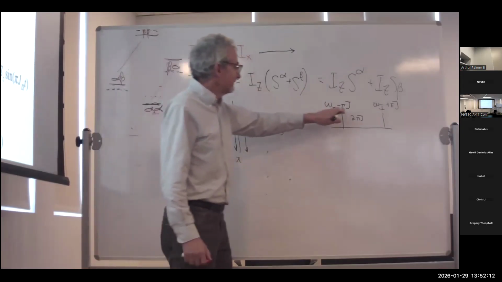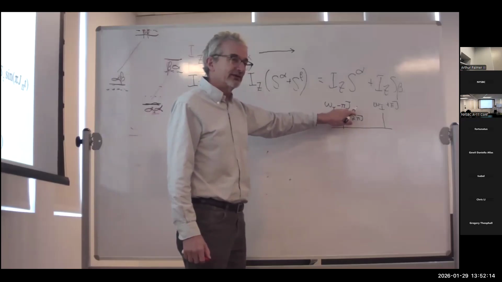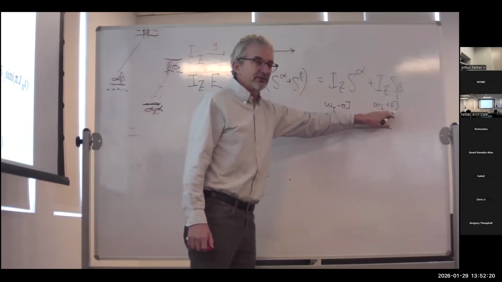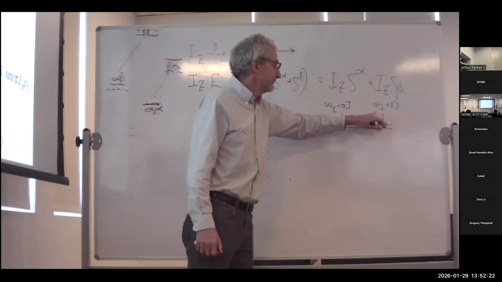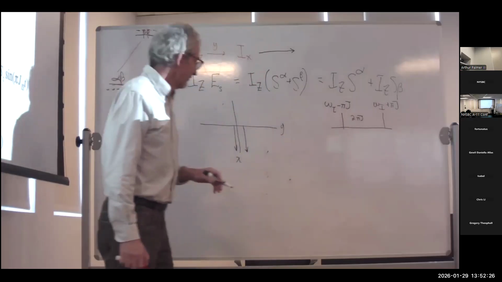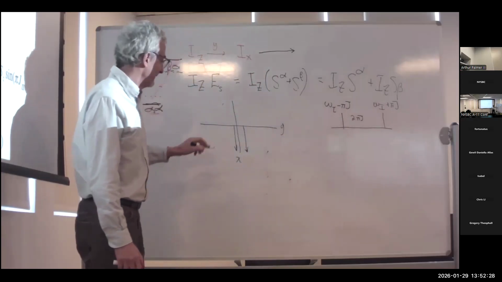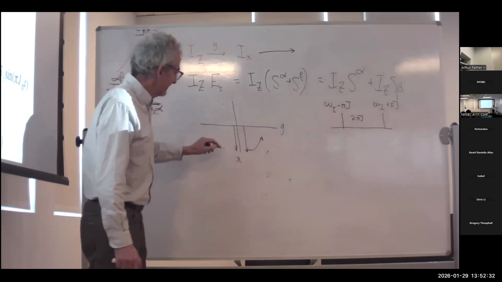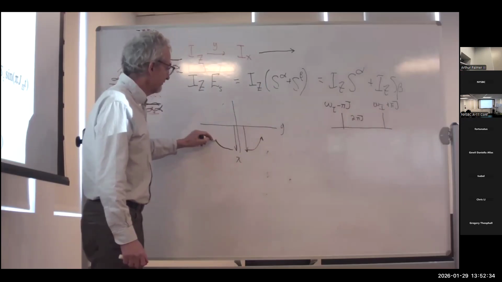One of those pieces rotates with the frequency minus pi J, and the other one rotates with the frequency plus pi J, if I'm sitting right in the middle on resonance with the I spin. So if I wait a little while,